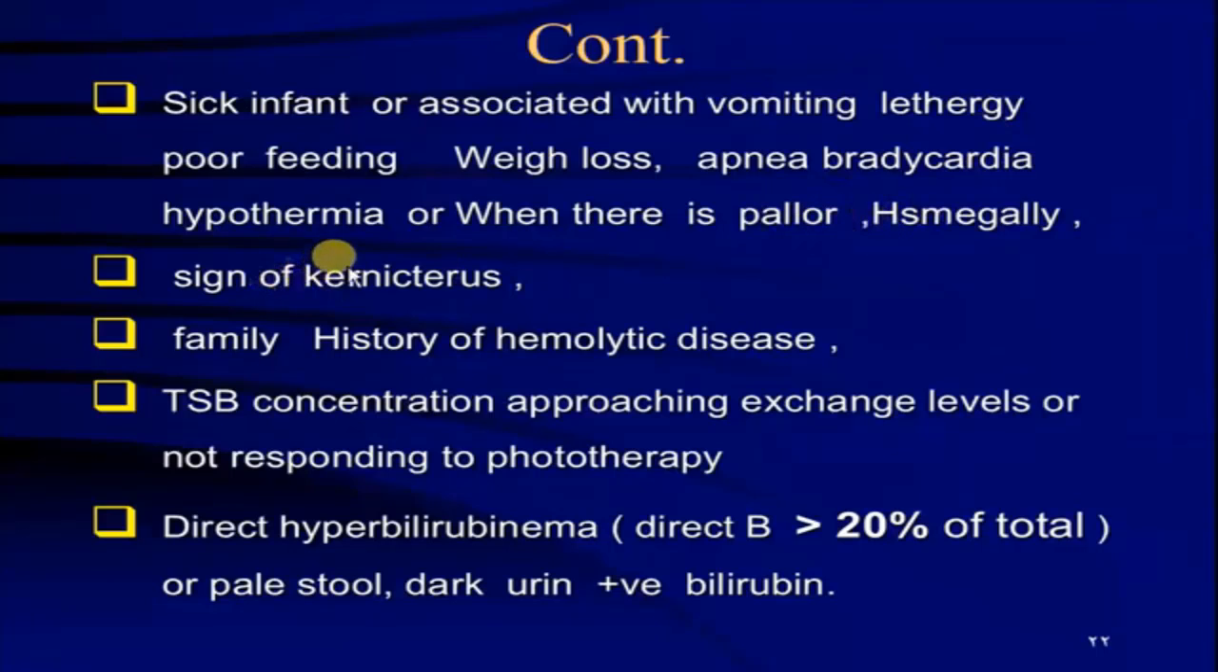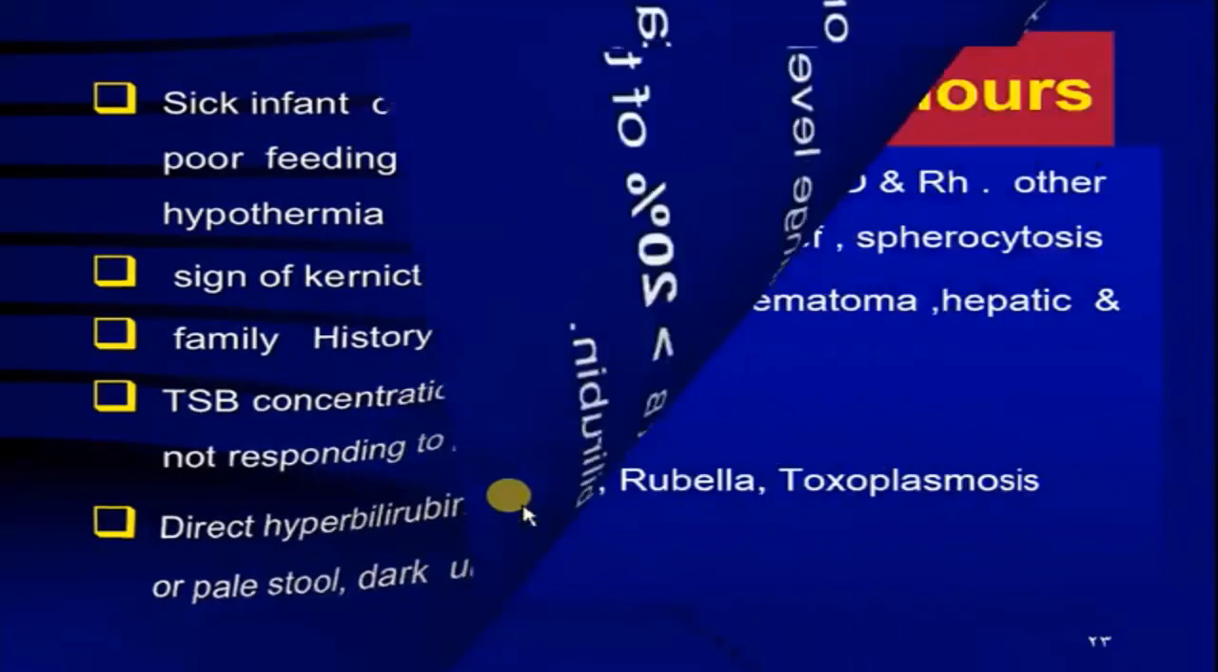Signs of kernicterus indicate pathological jaundice. A family history of hemolytic disease should be investigated for pathological jaundice. Also TSB concentration approaching exchange level or not responding to phototherapy, or jaundice increasing despite phototherapy. Direct hyperbilirubinemia, when the direct bilirubin is more than 20% of total or associated with pale stool, dark urine, and positive bilirubin in urine. All these points